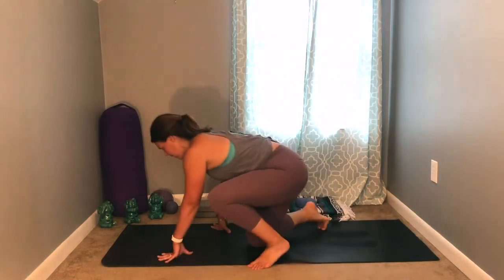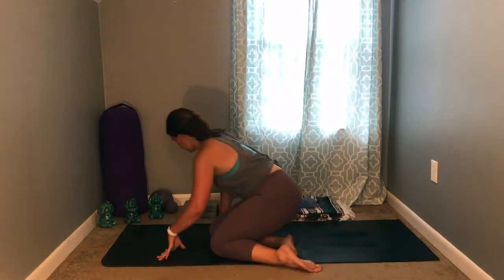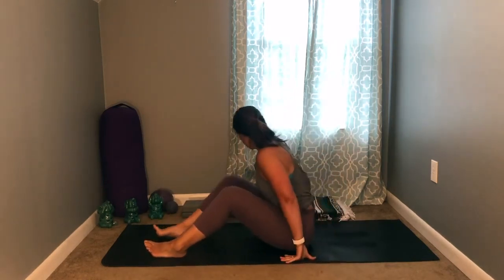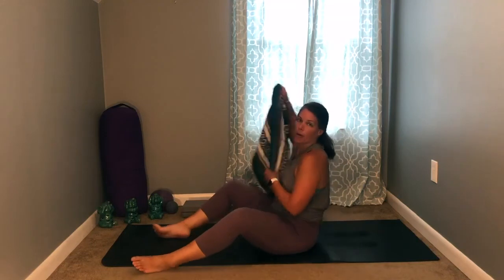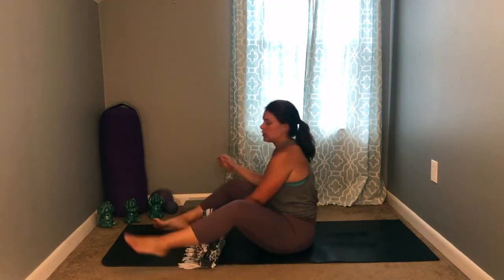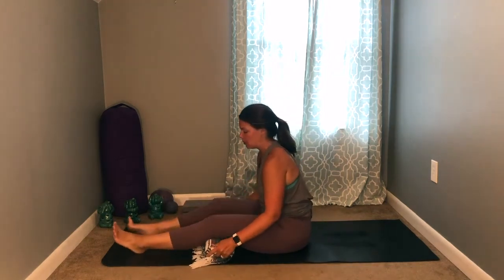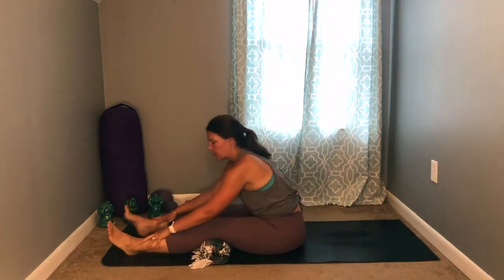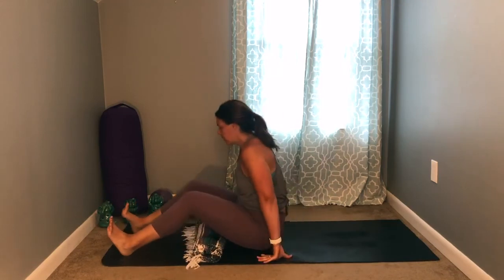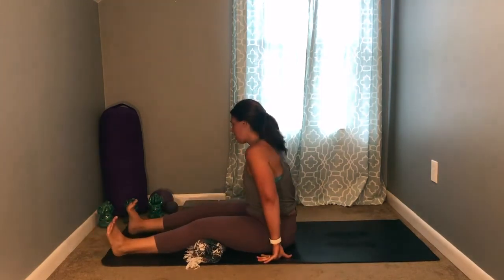All right, go ahead, come to a seat. And then maybe grab your blanket or even a pillow or a bolster. Then give the blanket a roll or just slide the pillow or bolster underneath the knees. We did a lot of work to the lower legs today, so just give them a little support. And then, as always, I'd like to offer you